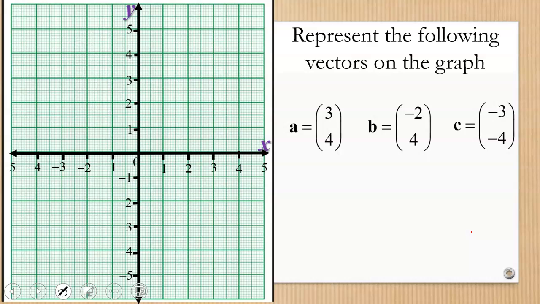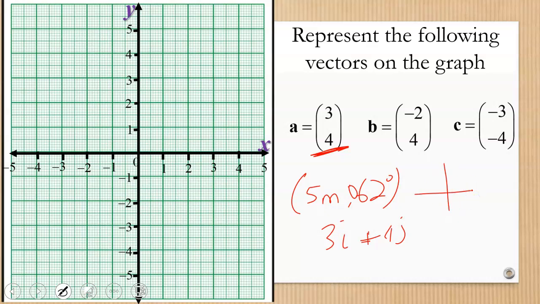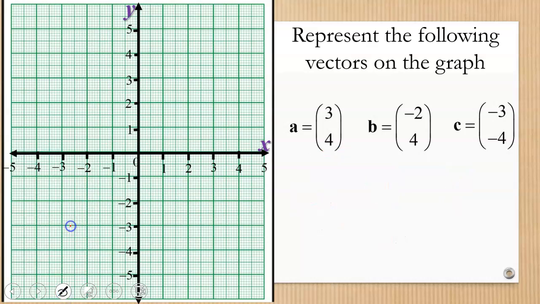It can be represented in 4 different ways. Either we have it in components like this, or we have it in the directional form, or what we normally call the magnitude-bearing form, like 5 meters, 62 degrees. We can also have it in the Cartesian form like 3i plus 4j. You don't need to learn this because it's not part of your level. I'm only mentioning it. Then another way we can represent a vector is using graphical means. So in this video, we want to learn how we can represent vectors on